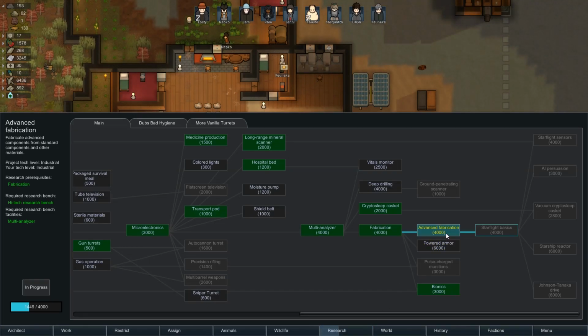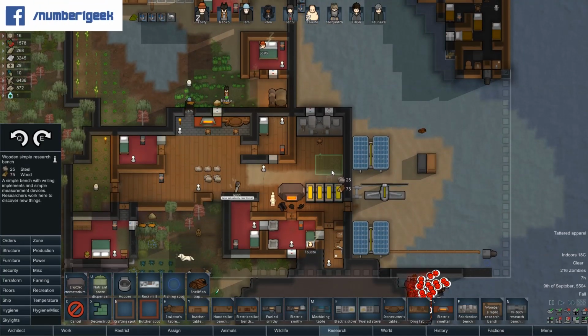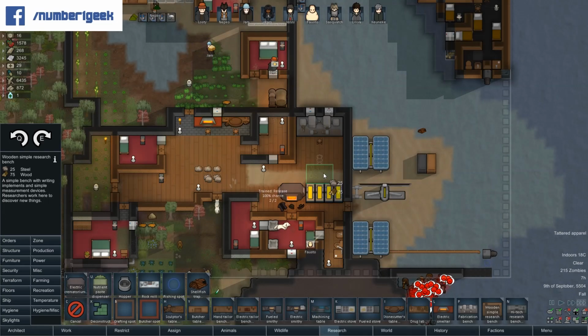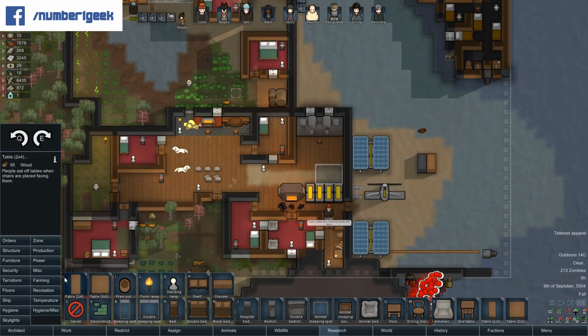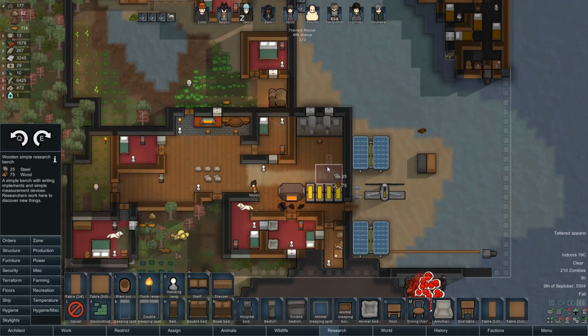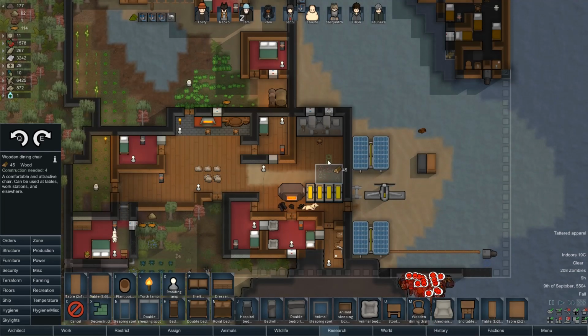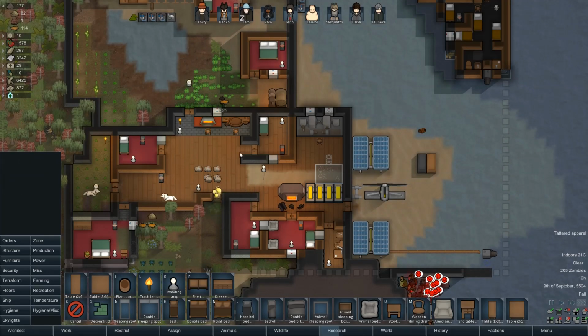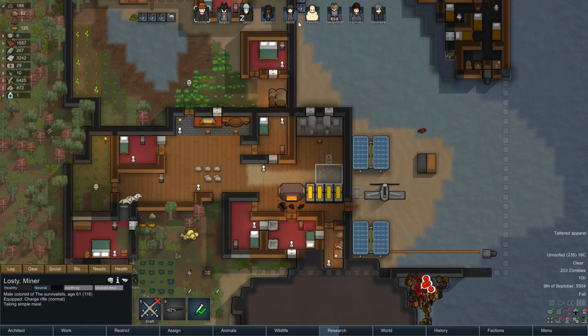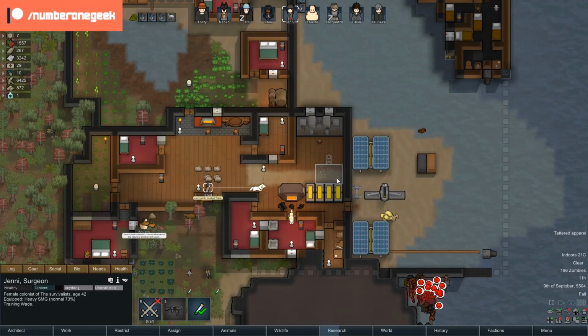Now I'm wondering... I think I might see if I can stick in a basic, simple research bench in here. Maybe there. Put a wooden dining chair in there. And after you've done that...